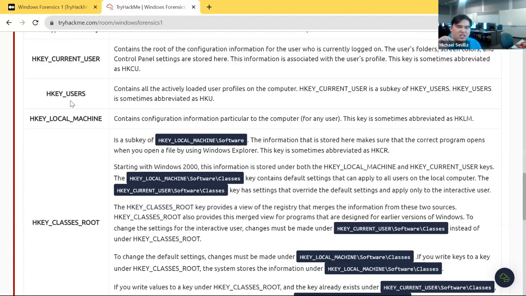Now, for HKEY users, this is all the loaded user profiles on the computer. So I'll talk about subkeys. You can think of users as like the primary key, and then underneath that you have the subkeys. HK current user is a subkey of HK users. HK users is the overall umbrella. HK current user is a part of that. So if you want to see basically all the users' profiles on the system in terms of their information, HKEY users is a really great key. So that way you can get a better understanding over